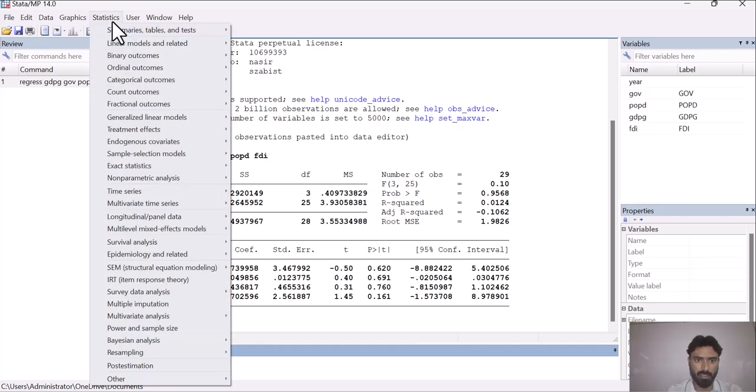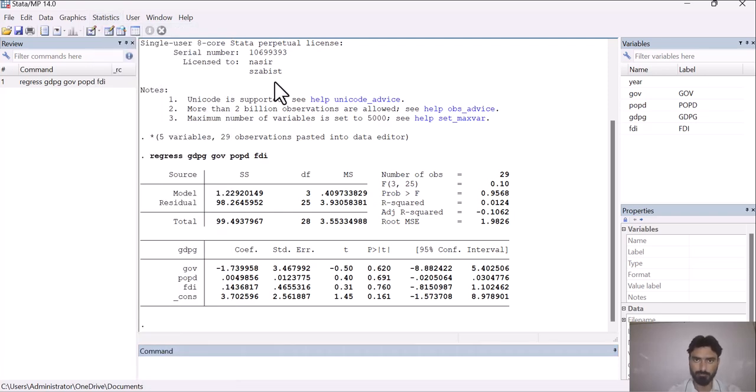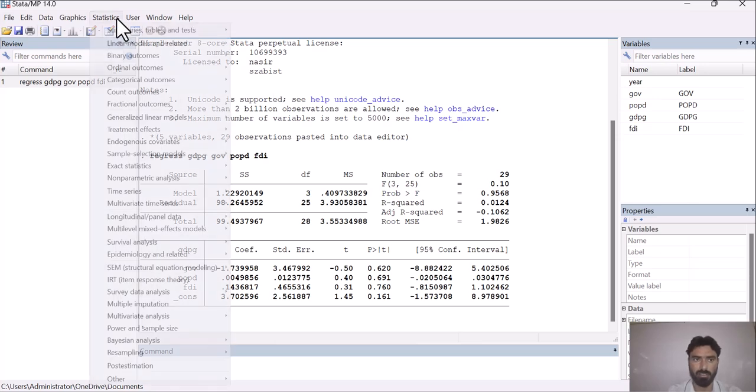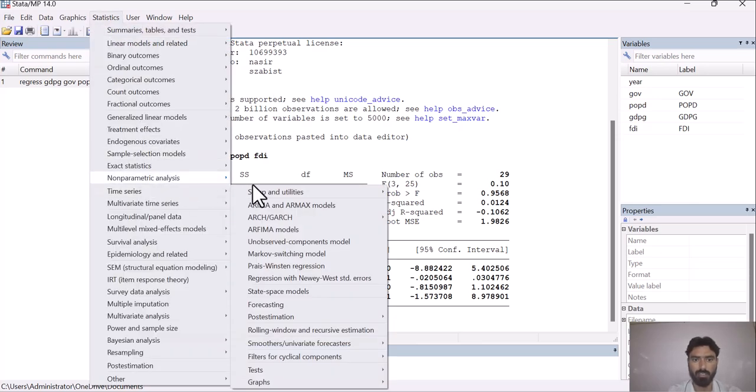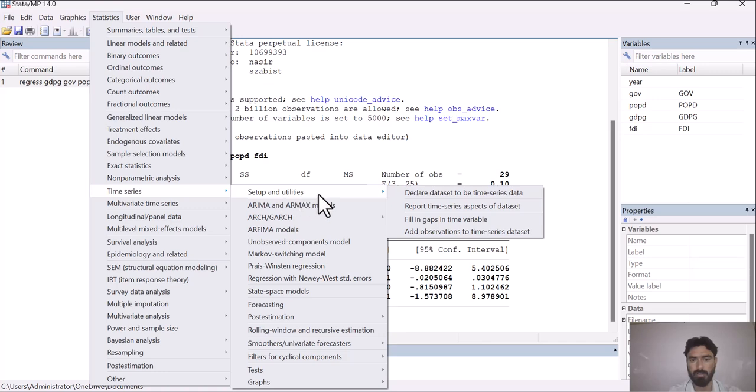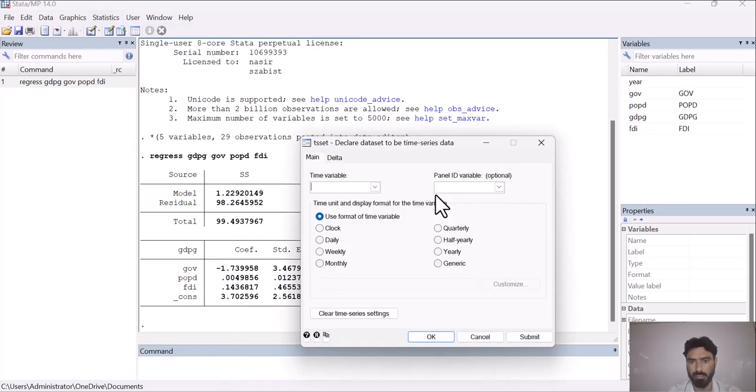statistics, and before checking the issue of serial correlation, make sure that you have declared your dataset as time series, because autocorrelation or serial correlation problem exists mainly in time series data. So go to statistics, go to time series, go to setup and utilities, then go to declare dataset to be time series data.